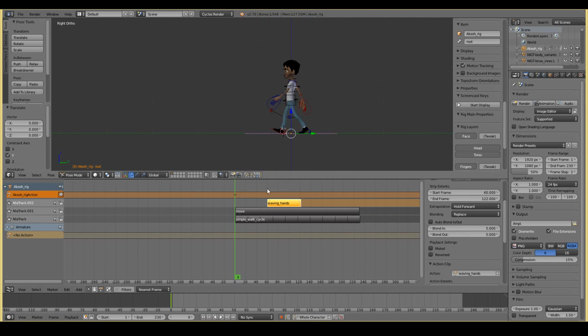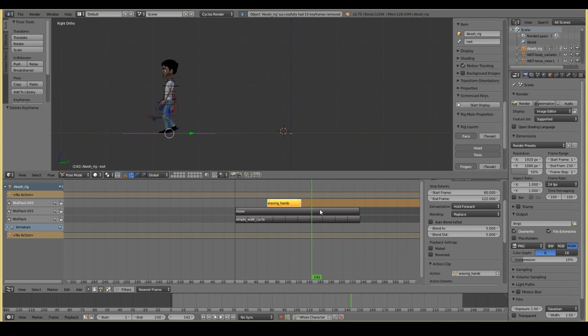I adjusted it, like for example, I'll go here, and sorry, I created a keyframe there by accident. If it slides too much, then I move it forward. If it slides too little, then I move it backwards. And I sort of fluked it that way.